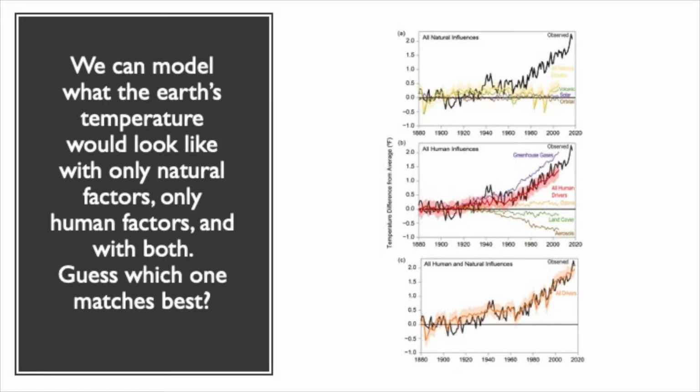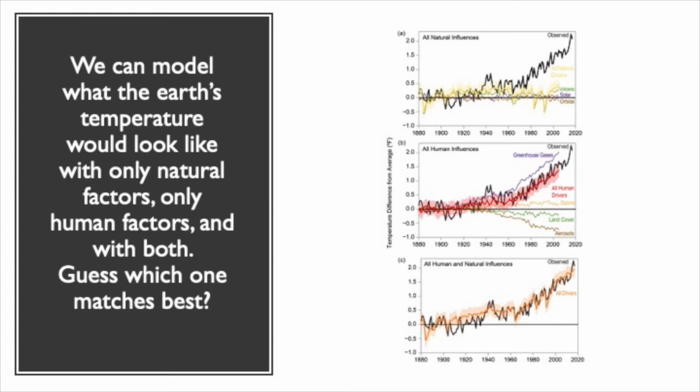As I mentioned before, people use them to study other planets. They use them to study the Earth in the distant past. We use them to do what we call attribution, which is determining why climate has changed in the recent past. And as you can see in this set of figures from the National Climate Assessment, the black line is our observed global temperature. And then we can use these climate models as our lab,